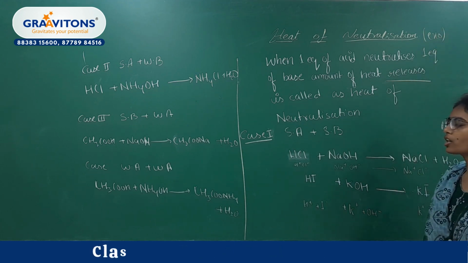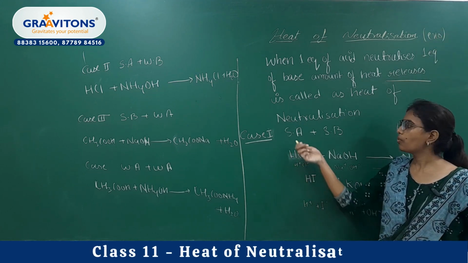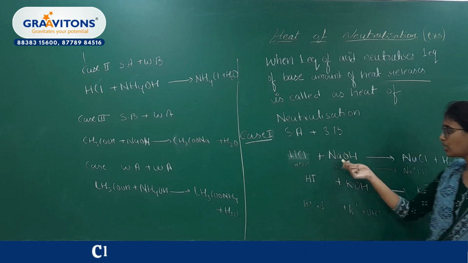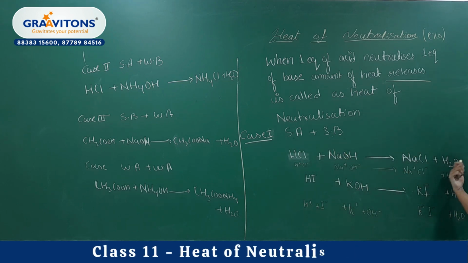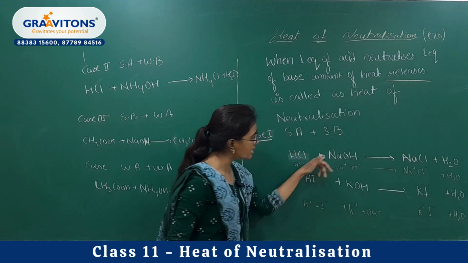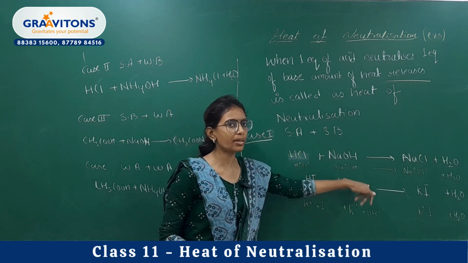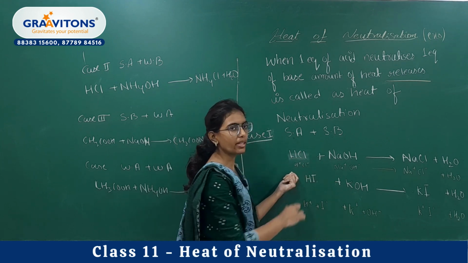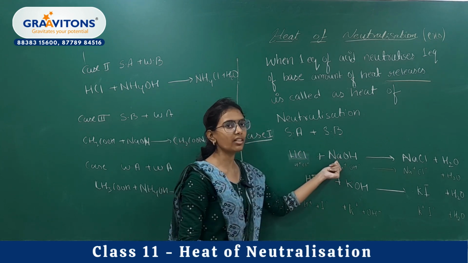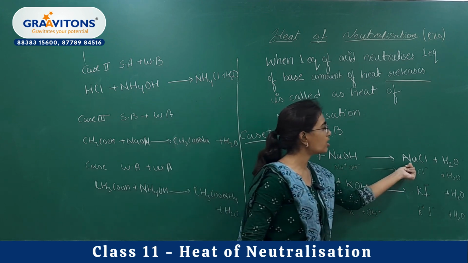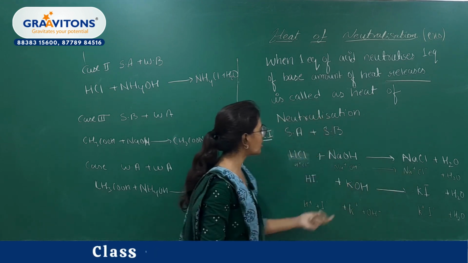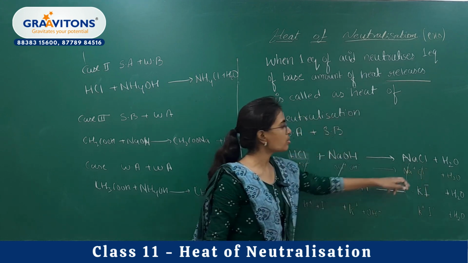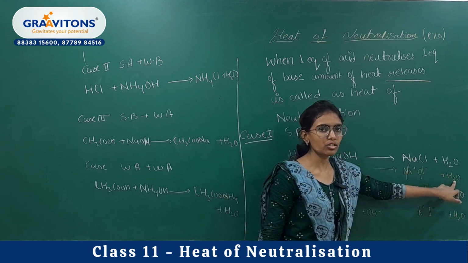If we talk about it, we can have all different cases. When both acid and base are strong, strong acid plus strong base, they react to give salt plus water. We have taken two examples in which both acid and base are strong. A strong acid will exist as H plus and Cl minus in the solution, because strong acid and strong base are strong electrolytes, and salt is also a strong electrolyte. So check now, Cl minus and Na plus get cancelled, and H2O is not a strong electrolyte, so it will exist as H2O only.